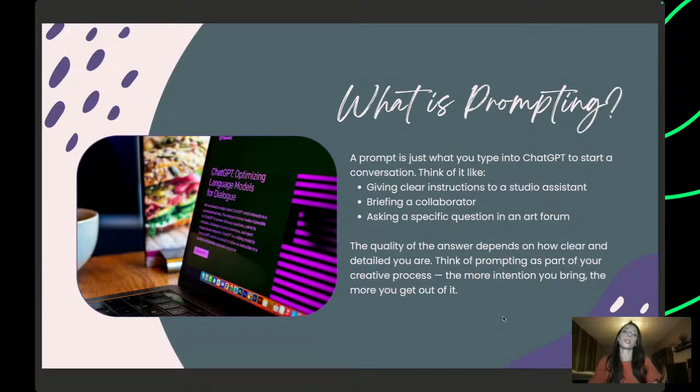And it is really important that the quality of the answer depends on the quality of the question. So it is very important to be clear, to be detailed, and you can think of prompting as part of your creative process. The more intention you put into it, the more you will get out of it.